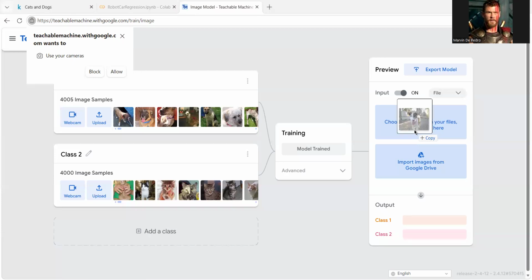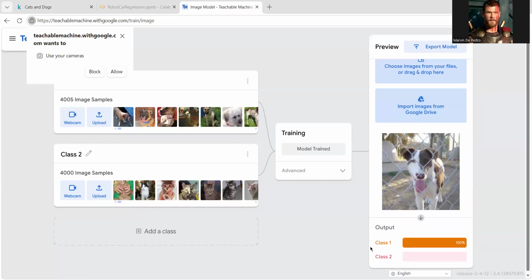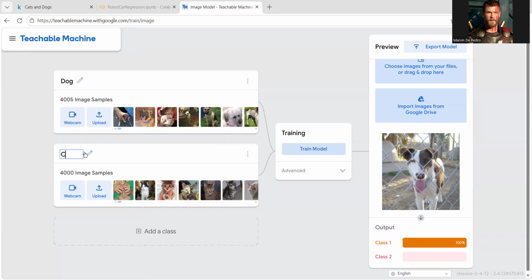Okay, so I'll enter this. As you can see, the system was able to predict that it is from class 1, which is dog. Class 2 is cat. I think we can rename this as a dog or a cat, so that when we make predictions, they are named now. All right, so let's see if the text files change or the labels change.